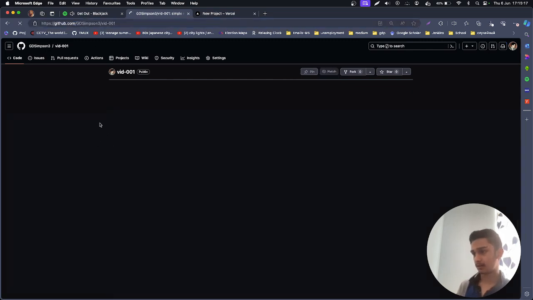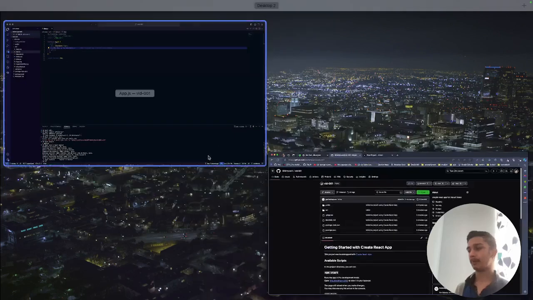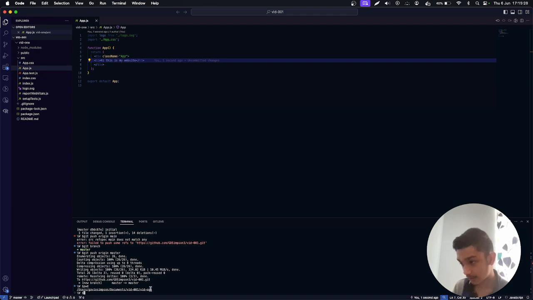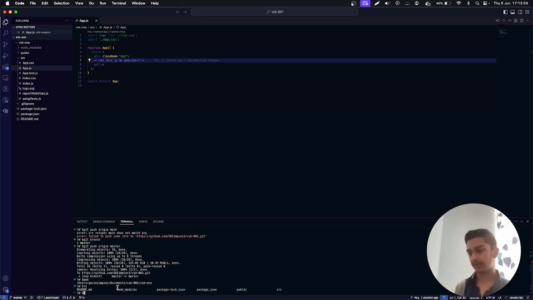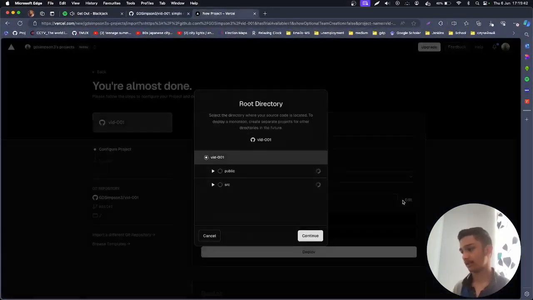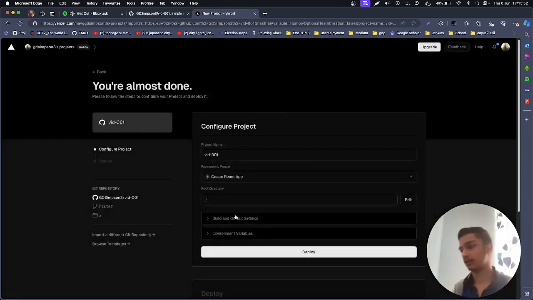our code is in the root. So remember before, when we cd'd into it, we got all of our Git stuff inside this main folder. Everything inside there would go, ls here. But if we did it outside, then the repo would have another subfolder, and in that case, we'd have to change the base path, the root directory. Why they have this is because if you have many React apps or some sort of Turbo setup and you just want to host a single one. But anyway,